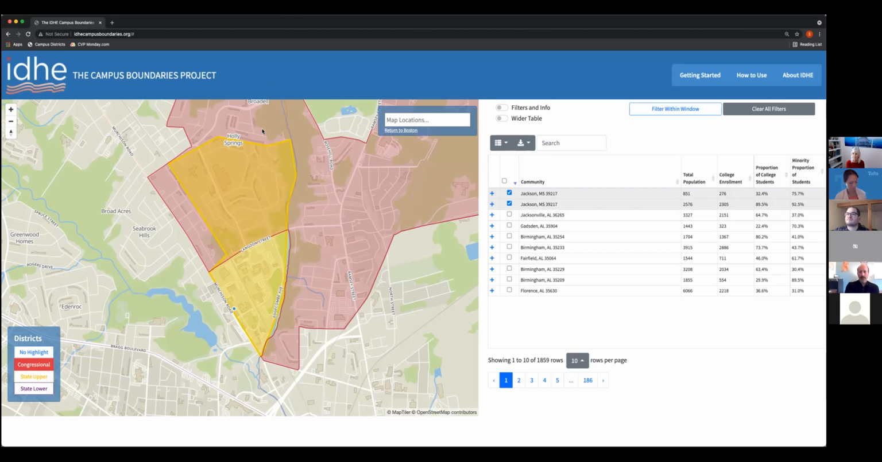Anything else, folks? Stephen, would you like to make any comments about where you're going to go with this tool and your work in general? Sure. Yeah, so